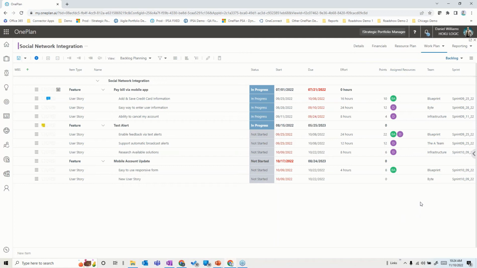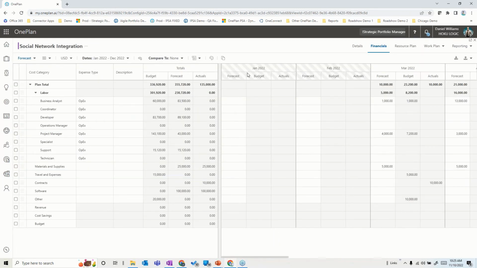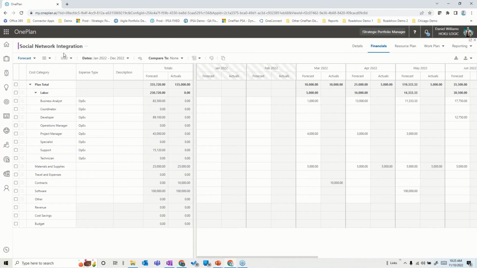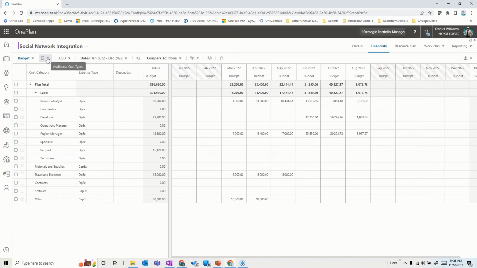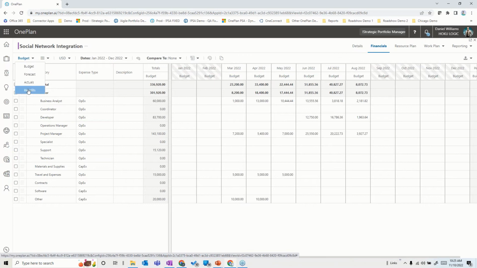Now, given that, and you can bring this all into a common forum, if I want to start looking at the financial plan that's available for each of my projects, notice here that I've got views that allow me to look at a variety of different things. So for example, if I was going to come in and look at an individual budget, I can set my cost types in here, where I might have a budget, I might have a revised forecast, I might have actuals, I might have benefits or revenue. And I can set my time horizon in here.